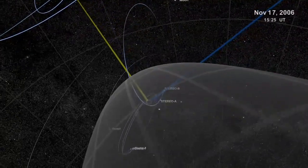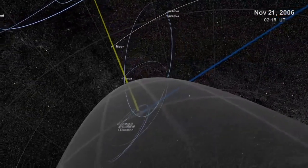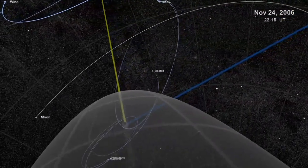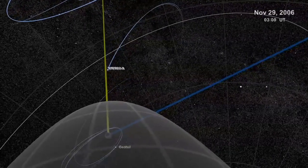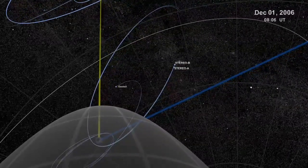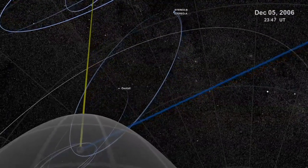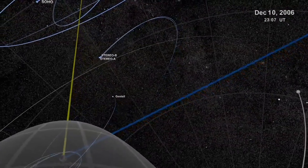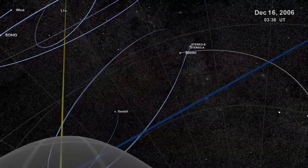The Cluster vehicles are on a high elliptical flight path. GeoTail makes a lazy loop all alone. The two STEREO satellites fly in relatively close formation, but they won't stay that way for long. I'll show you how in a moment, but the point is, navigation out here is harder than it looks. A vehicle can't simply fly from place to place,